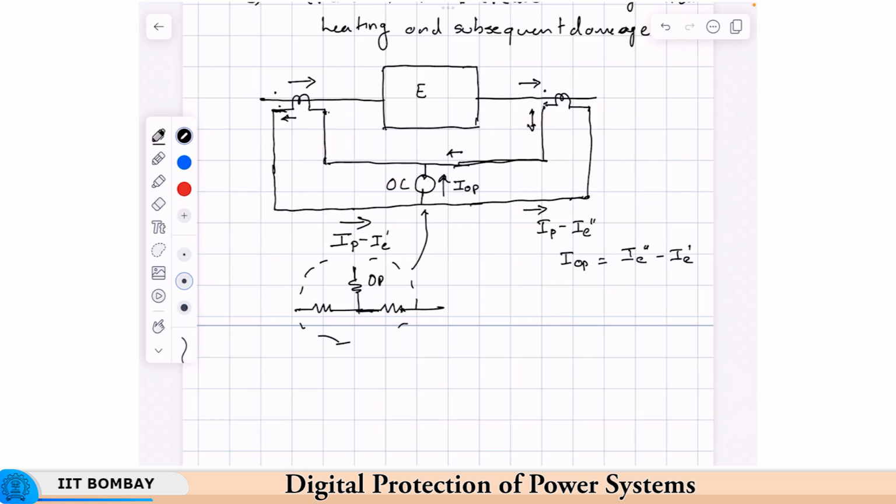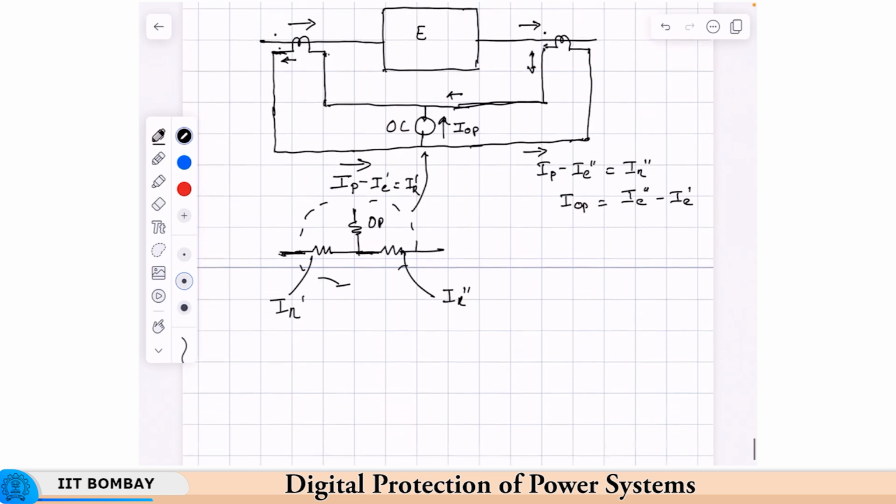Okay, and then there is one restraint current which is IR dash, and this is IR double dash, which is nothing but these two currents, IR dash and IR double dash. Okay, so what you have is